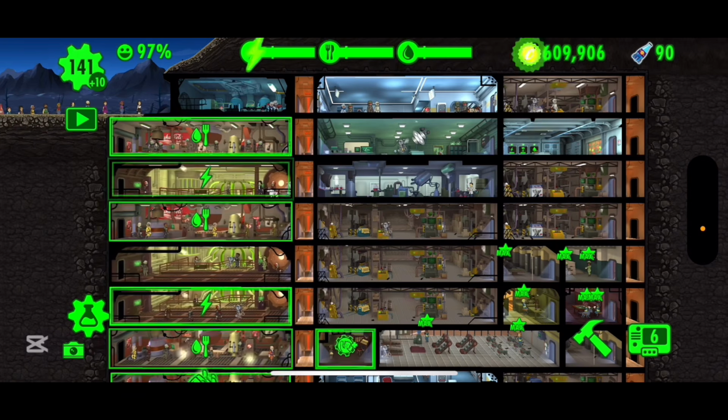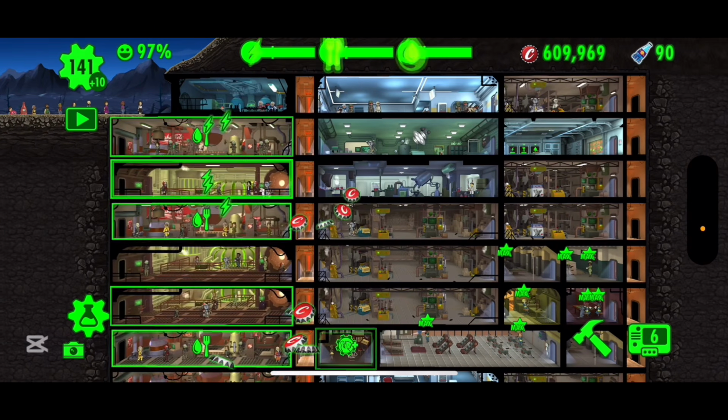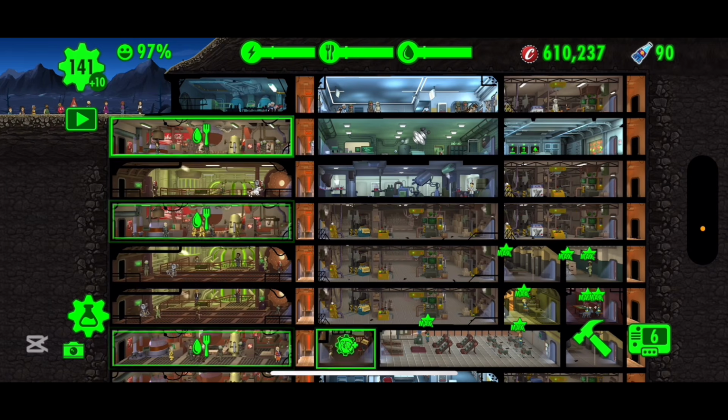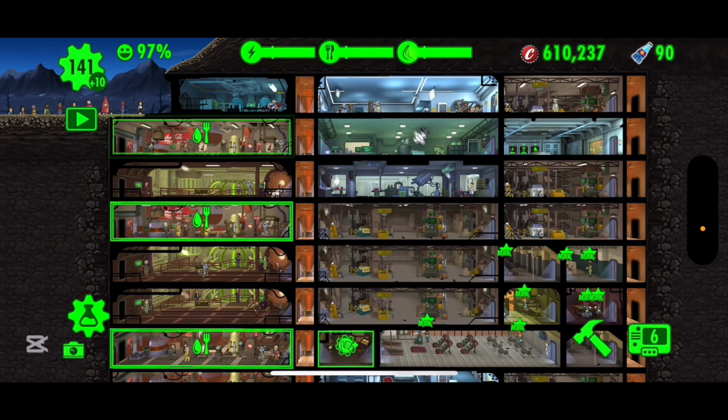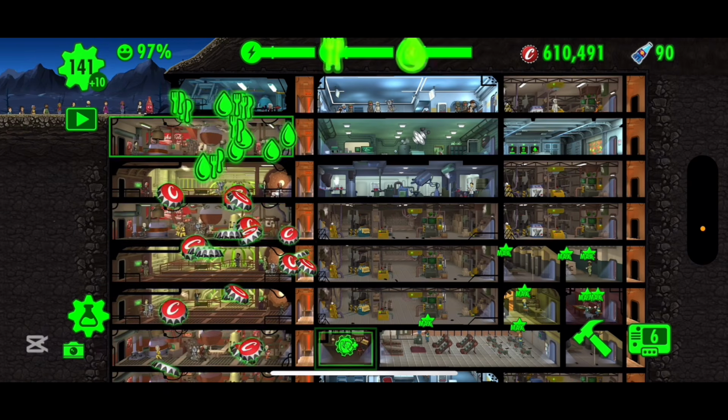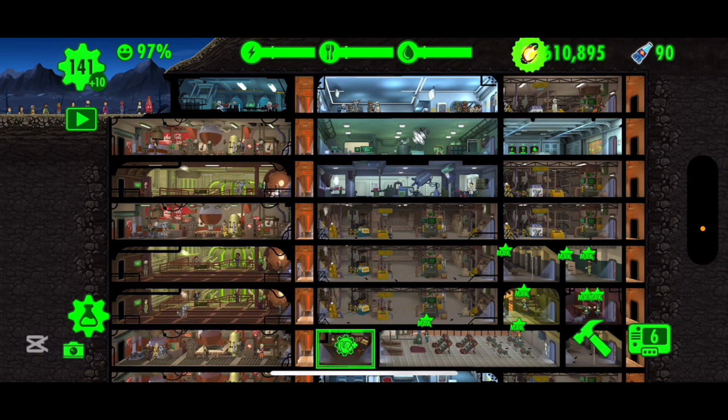Okay, to start things off, I'm just going to be showing you guys the method that we'll be using to get each resource or each necessity in Fallout Shelter. So this works on iPhone and Android, but you're going to want to head over to